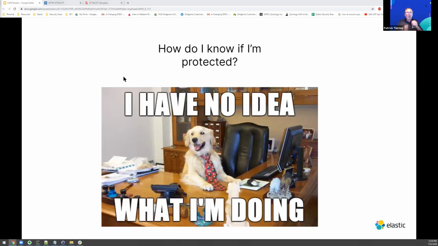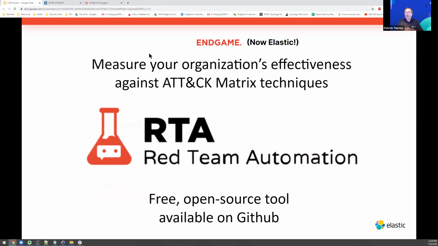So how do we know if we're protected against these techniques? Well, the only real way is to test. But how do you do that? Fortunately, there are some tools to help you, both free and commercial. Let's take a look at a few of those. First one is Red Team Automation. This is free, open source. You can just look up Red Team Automation on Google, and it'll show you the blog post and the GitHub link. It's a collection of Python scripts that you can run against your environment and see if your defenses detect the behavior. It's a great place to get started testing your current solution,